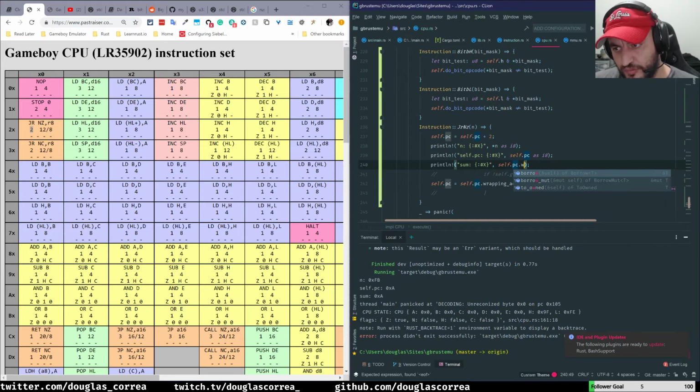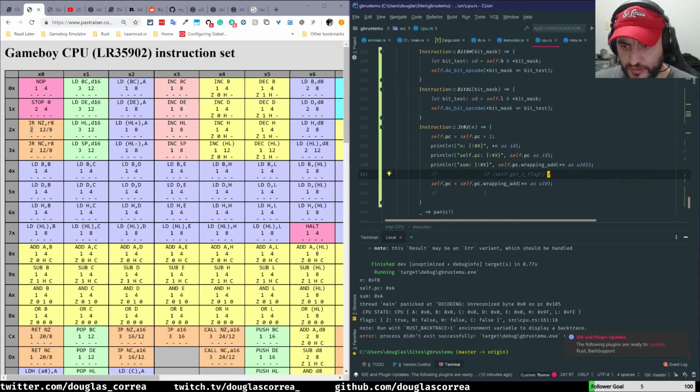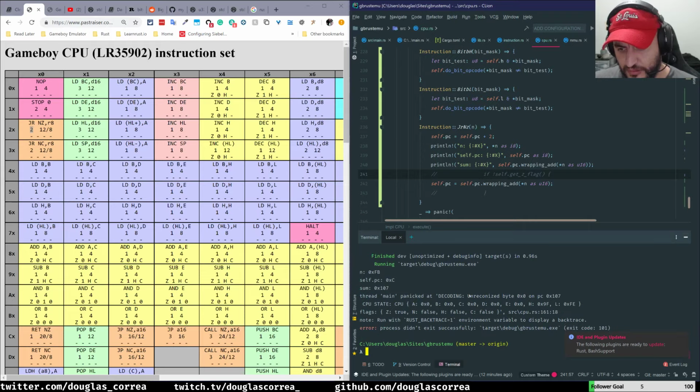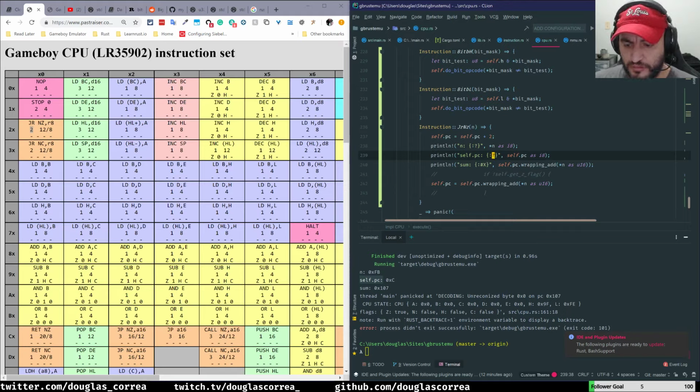Self PC wrapping add as U16, and see what it gets. $107. Now it's something else. Let me see. Okay, now 12 minus 5 is 7. So then